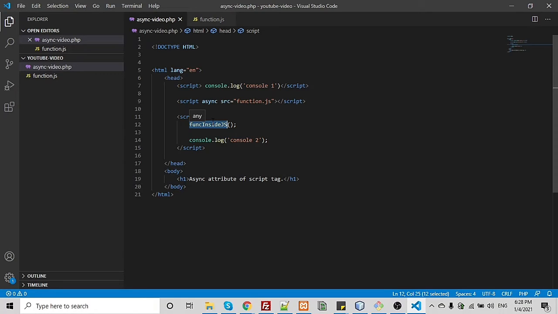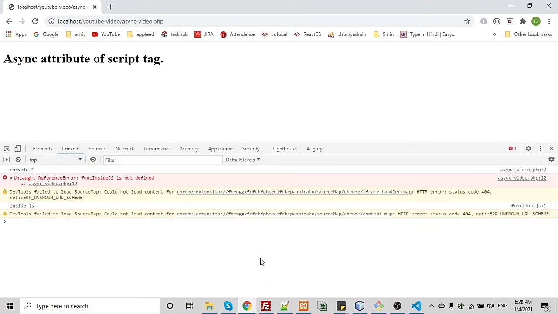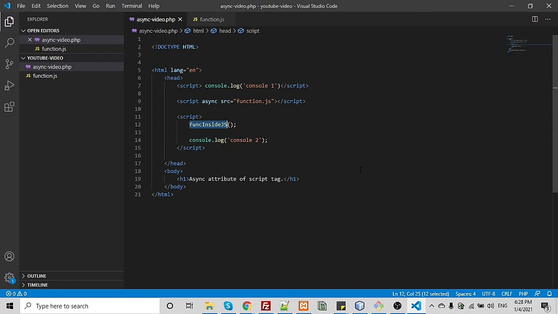So what should I do here to stop this error thrown is, there is another attribute of script tag, that is onload, and we can directly call this function here.